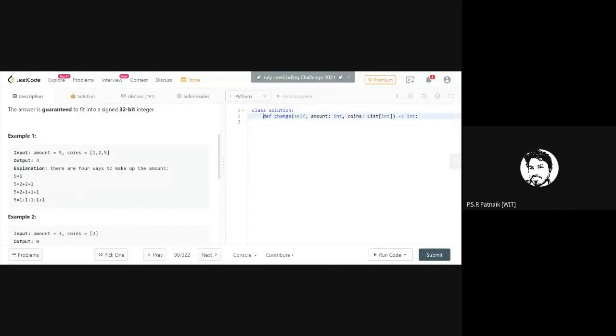Remember, here the solution template is already given to you, so I need not bother about reading input. Make sure you understand this first of all. For LeetCode, they do not ask you to take input, but had this problem been on any other platform, you would have to write that additional code of taking input and parsing it. But here it is always pre-implemented for me, so I'll directly use it.